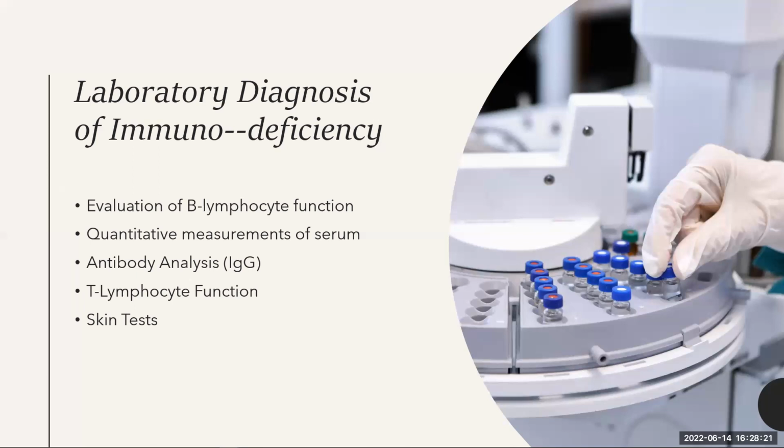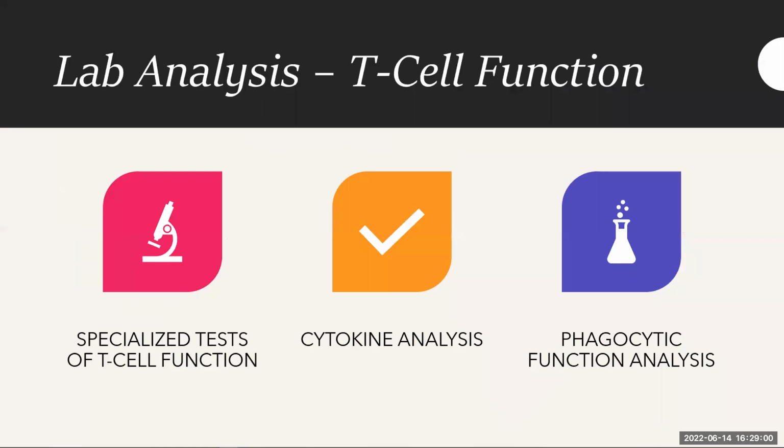There's also evaluation of T lymphocyte function, right? Bone marrow, thymus, matured cells, important parts of the immune system, and testing for defects in T lymphocyte function is relatively difficult because of the lack of inexpensive and reliable screening tests. So delayed type hypersensitivity or DTH skin tests using a panel of ubiquitous antigens can be used as a screening test in older children and adults. The presence of a positive DTH test generally indicates an intact T cell function and cell-mediated immunity.